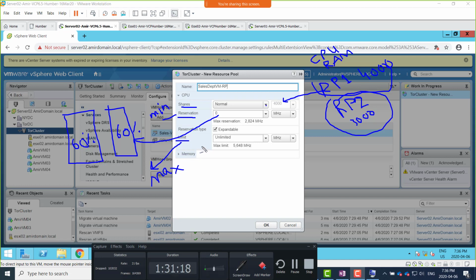Why? Because if they require more CPU than what is minimum reserved for them, because they are critical machines running your business, earning you millions of dollars, there would be a good reason that they would be requiring more. So if you put a cap on that,